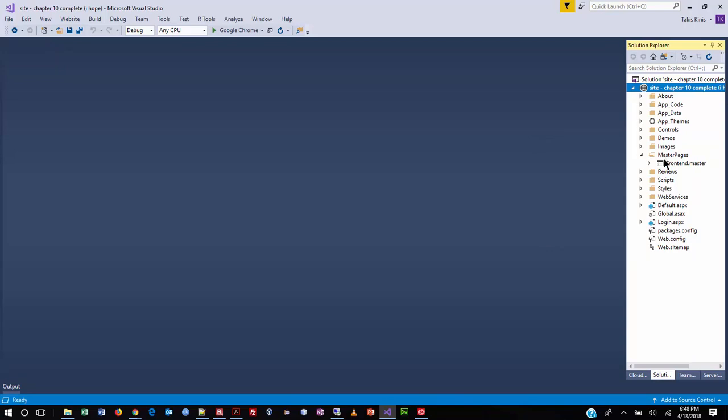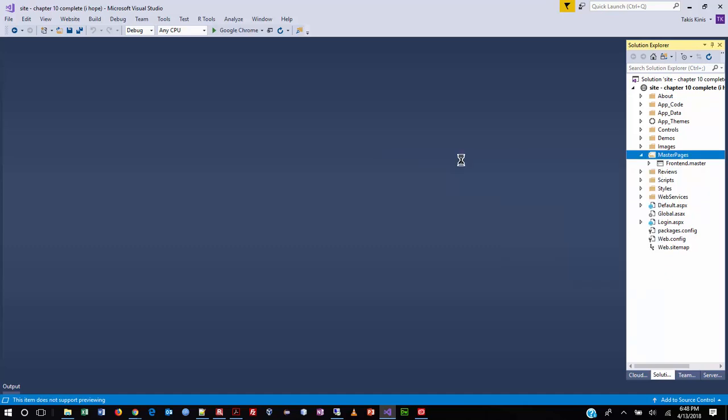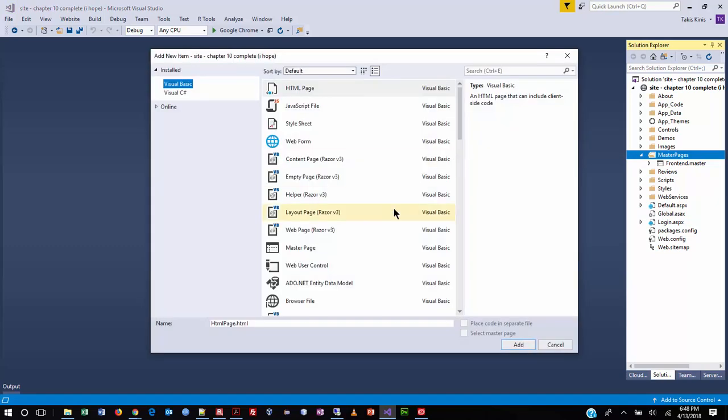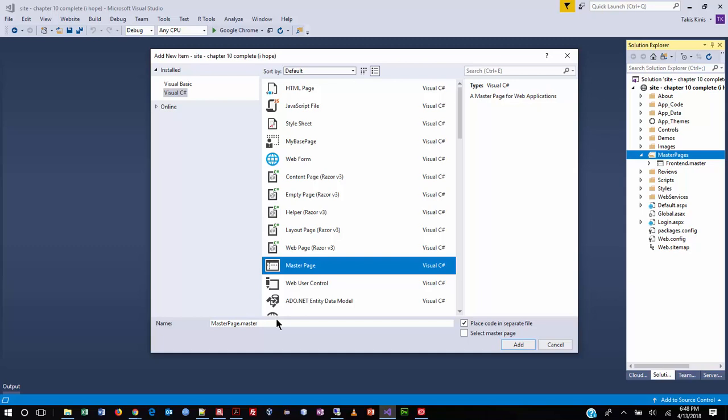They do want us to go into the master pages folder here, and it says add new item. So let's go ahead and do that. And we're going to add a new master page. Yes, you can do that. You can have more than one master page for a project. So select master page. Make sure you're in C# because that's our language. And they would like us to call this one Management Master. Like so. And make sure that you're in C# and make sure your code is in the code behind file. And then go ahead